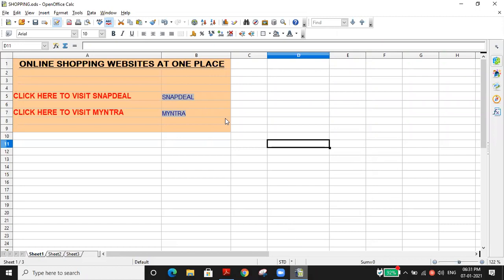So for subjective matters, not only for educational purposes, for example, you may plan to go for a tour. After some time, you may visit and search many websites. I'm just saying some examples only. You can keep that website if you make it as a hyperlink. Later, if you want to see, last time we went to this type of place, that information I got from this website. It is not possible to remember that website. So if you make it as a hyperlink, it will be very easy for us.